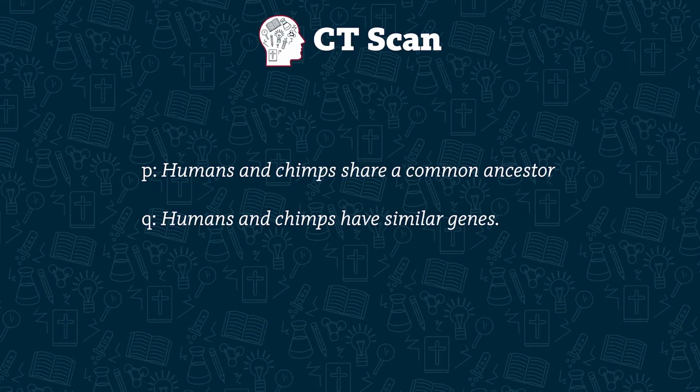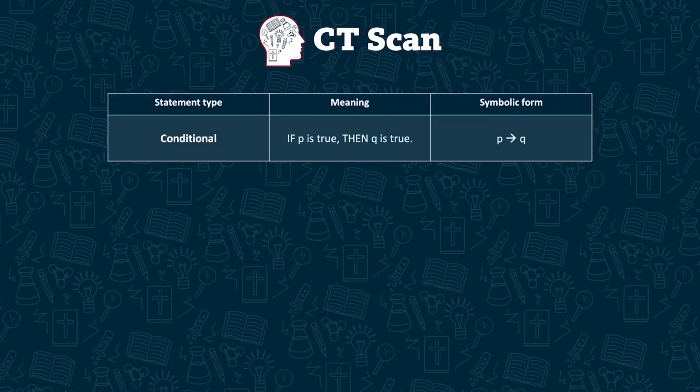First, you represent each statement in the argument with a letter. In this case, let's use P to represent the statement, humans and chimps have a common ancestor, and Q for the statement, humans and chimps share similar genes. These are called simple statements because they contain only one claim. A compound statement is a combination of simple statements, like, if humans and chimps share a common ancestor, then they should have similar genes. If-then sentences like this are called conditionals, symbolized with an arrow between the two simple statements,